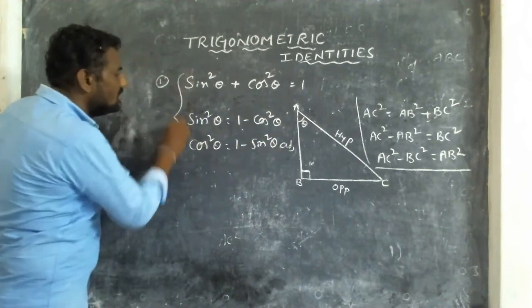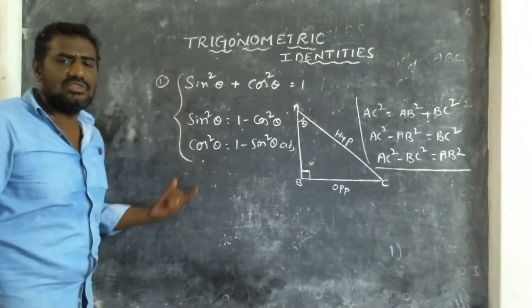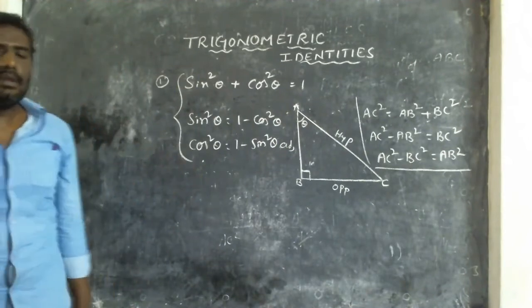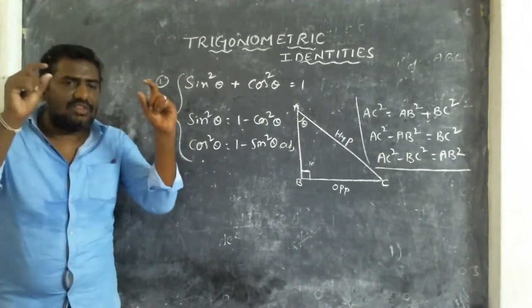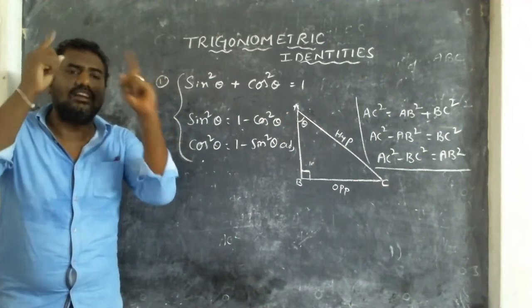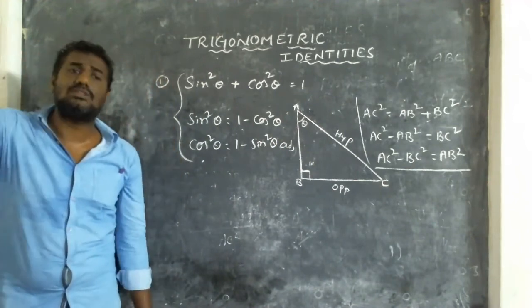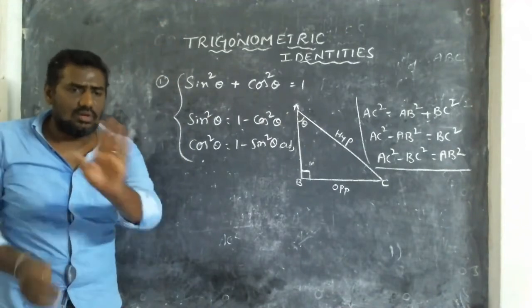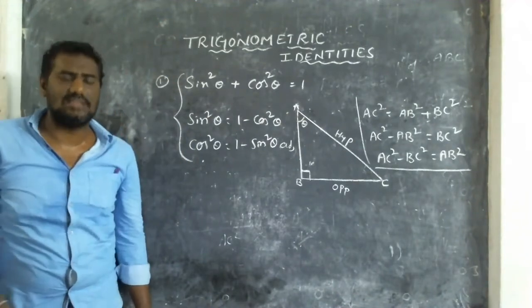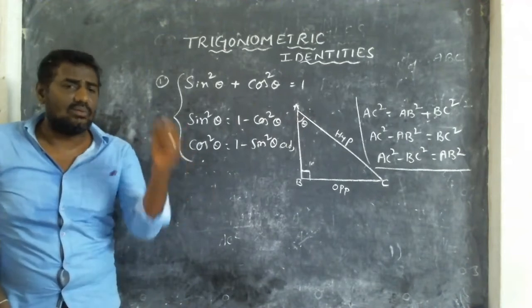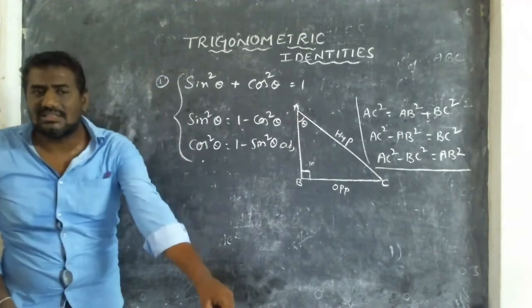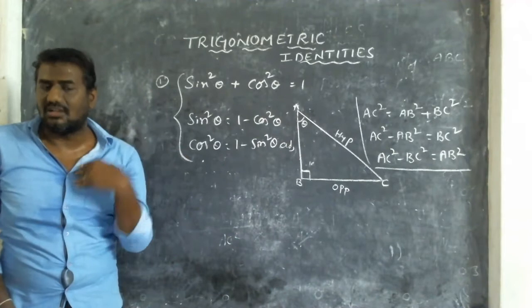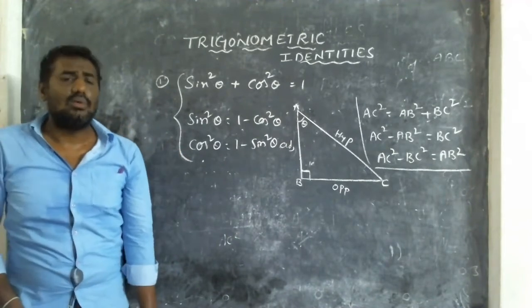So totally these three formulas, maximum we'll be using in the problems. What is the first formula? In your mind it must be fixed, and whenever I ask a question, automatically the identity should come to your mind. That is sin square equal to 1 minus cos square. Put cos square as it is, send sin square to the other side, that is 1 minus sin square. So sin square theta equal to 1 minus cos square theta. Cos square theta equal to 1 minus sin square theta. When I say sin, you have to say cos with 1. When I say cos, you have to say sin with 1.